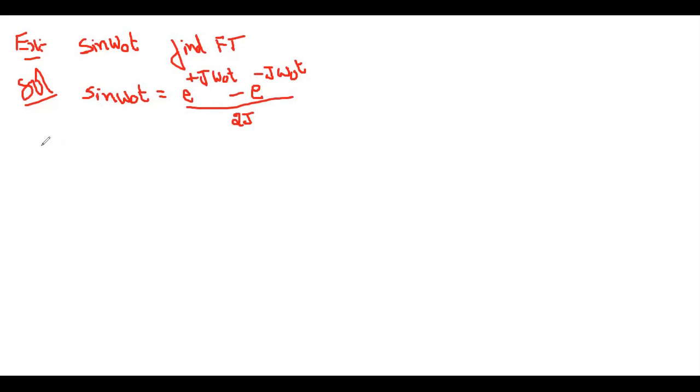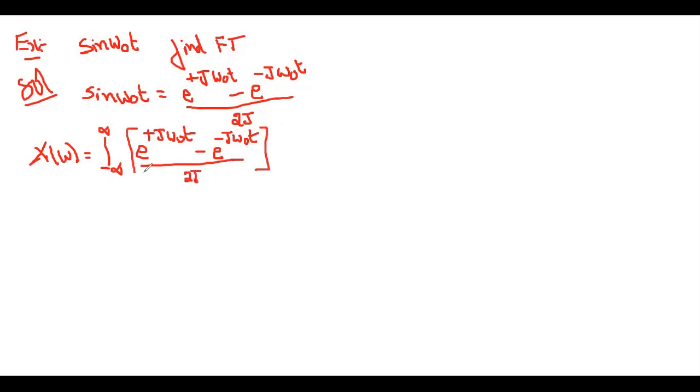Okay. In the definition of X of omega, the integral from minus infinity to infinity, what is the x of t? That sine omega naught t is two exponential functions: e power plus j omega naught t minus e power minus j omega naught t, dt. And we write X of omega is equal to